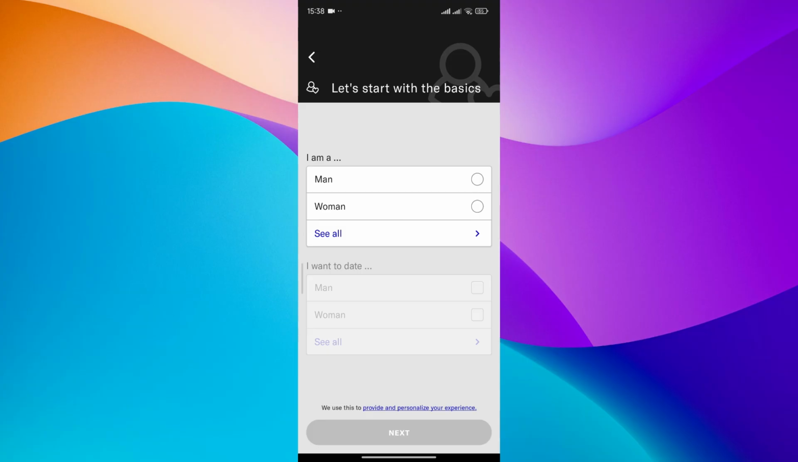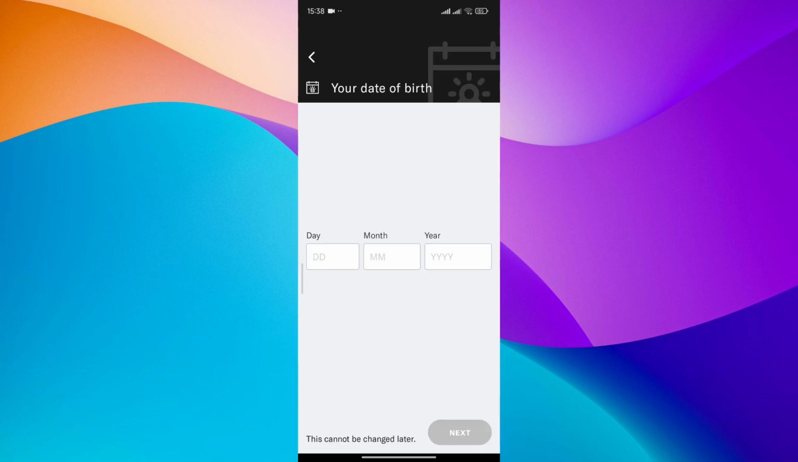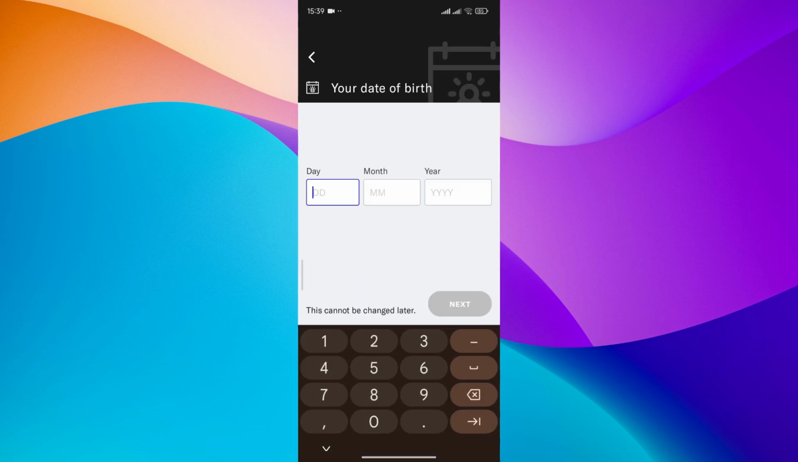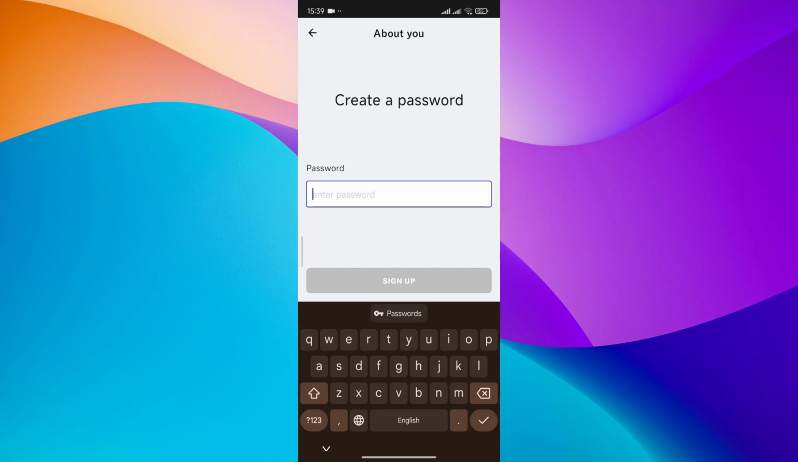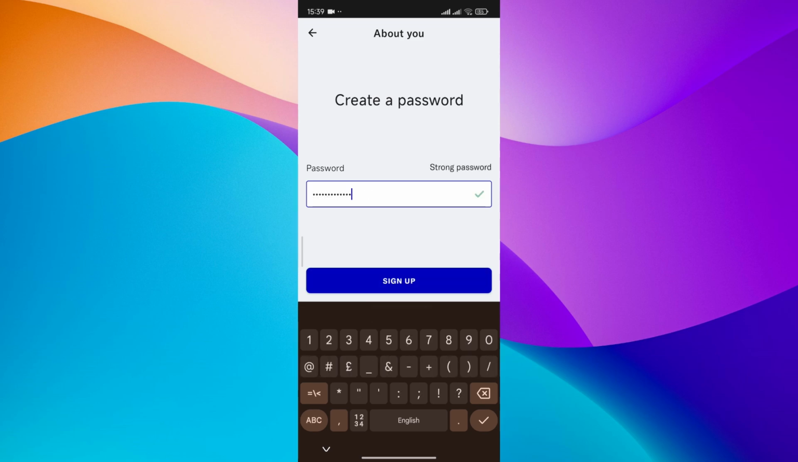Now select your gender and who you want to date. Click next once you're done and type in your birth date. Select next and now type in your password, and once you've typed in a good password, select sign up,